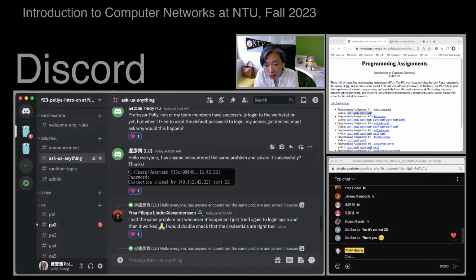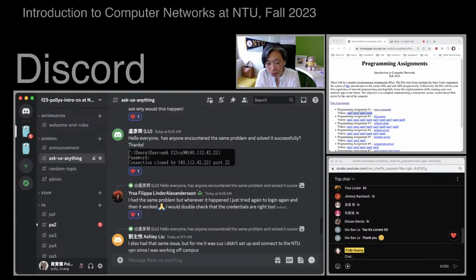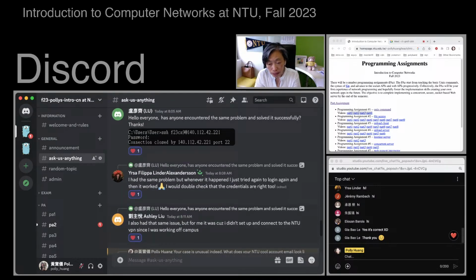But Lu and Heidi, in this case, only Polly can fix it. Polly figured it out and then fixed it, and that's at the bottom. But let me just say that Yirsa and Ash are trying to help. This is great, thank you. Even though you guys are helping in a way that might not be solving the problem, this is very important.